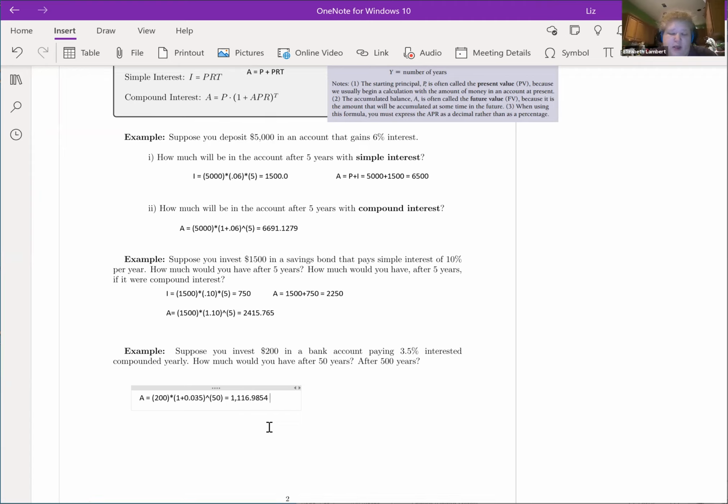So 200 in 50 years becomes 1,116. Now, I'm going to copy that. And put the extra 0 in there through the magic of copy paste. So 5.9048 E9. So the E means times 10 to the 9th, or we're going to move the decimal place 9 times. So this is the same as